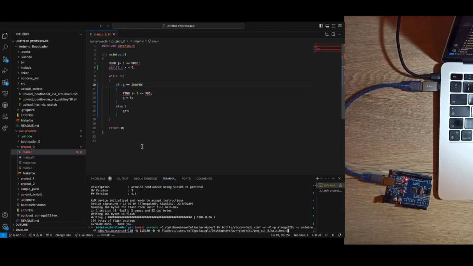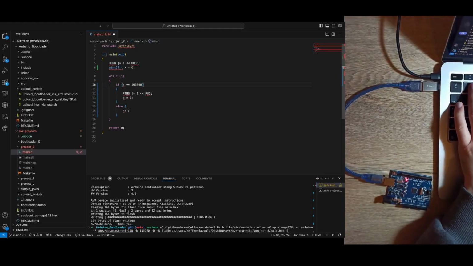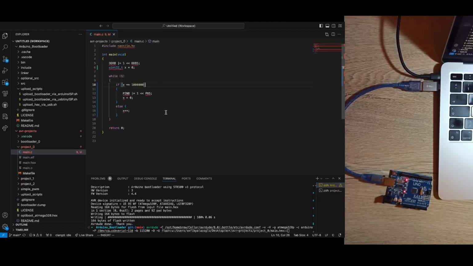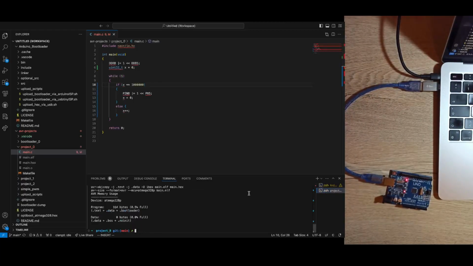Yeah. So this program just does in a loop. It just blinks this default LED here. The PB5 is the port location of the LED. It toggles it every time this X variable hits the value 250,000, right? So let's change this. Let's increase the period to 1 million, right? And let's compile this program